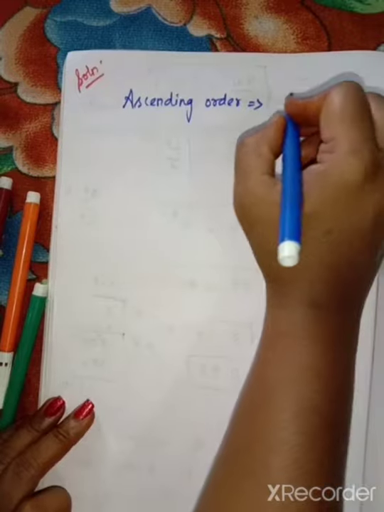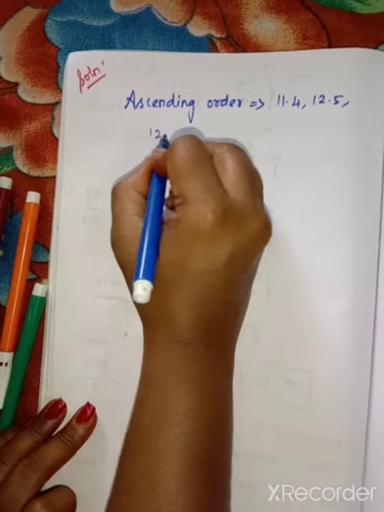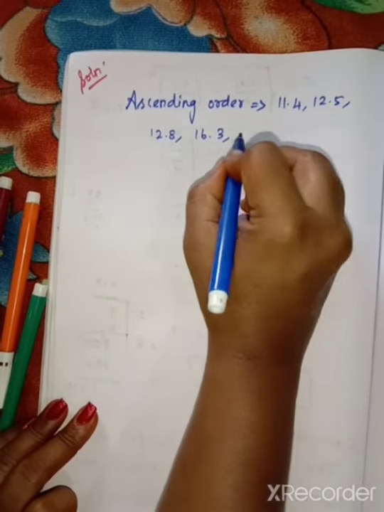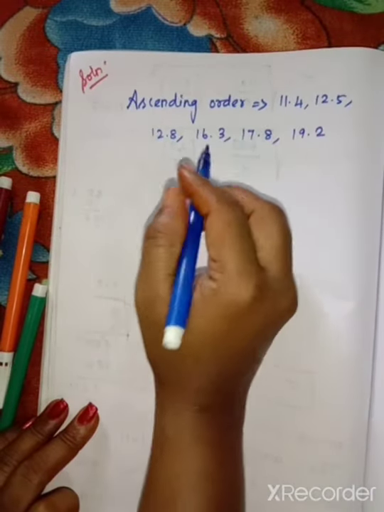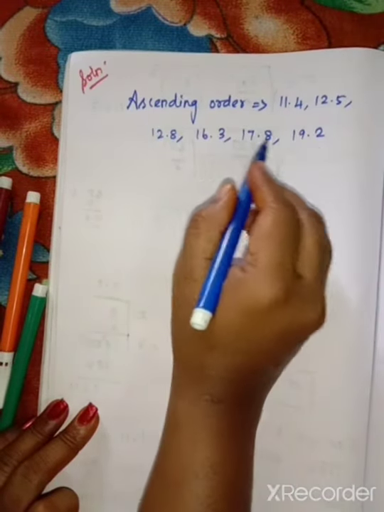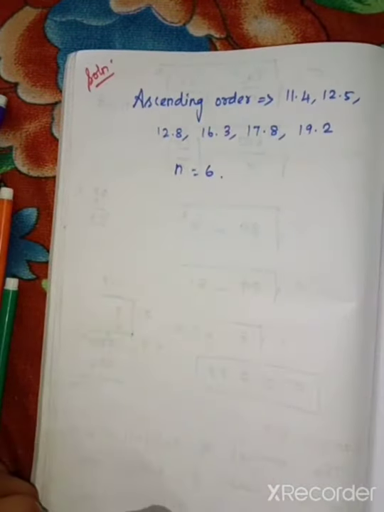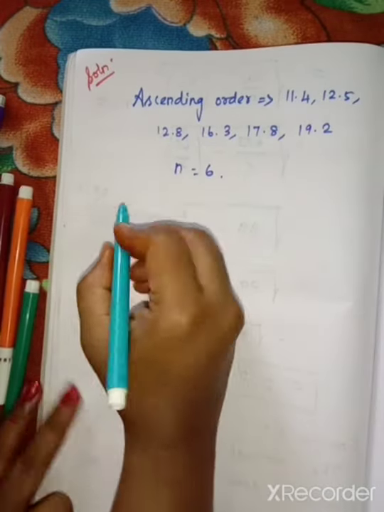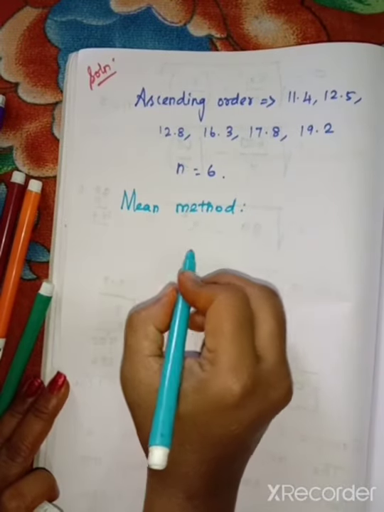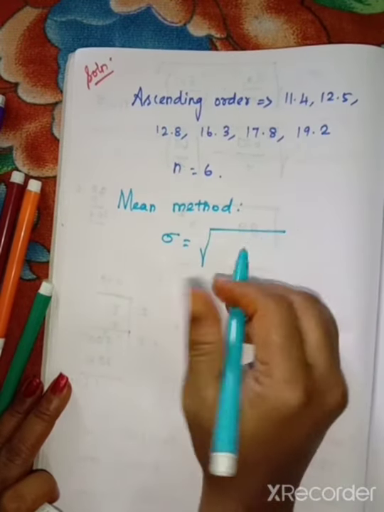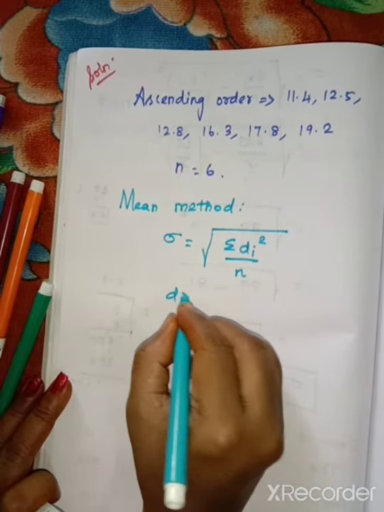So the numbers are 11.4, 12.5, 12.8, 16.3, 17.8 and 19.2. Here the number of observations is 6, because 1, 2, 3, 4, 5, 6 days are given. So n equals 6. Here we can use the mean method. The formula is sigma equals root of summation di squared by n. Here di represents